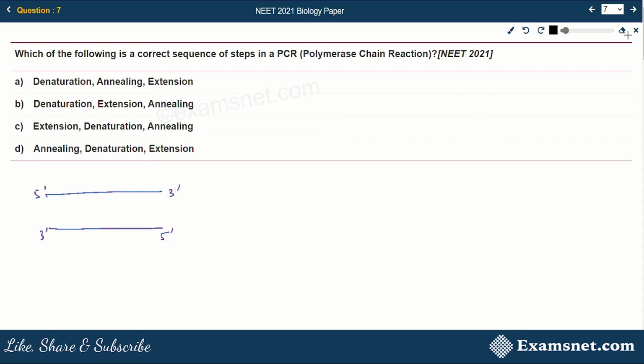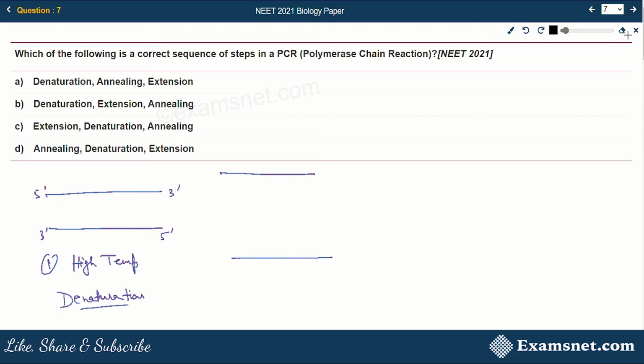So suppose this is the desired DNA. Then we'll take it and synthesize its multiple copies in vitro, using a set of primers and DNA polymerase enzyme. So how do we do this? We use the method of polymerase chain reaction. What happens in polymerase chain reaction? It consists of 3 steps. In the first step, a very high temperature is applied. What happens due to this? The two strands of DNA get separated and the DNA gets denatured. Therefore, this process is known as denaturation.